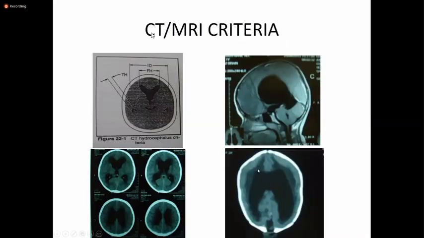If you see, these are the ventricles, dilated ventricles. Normally this periventricular lucency is not there. If this periventricular lucency is there, it shows that there is high pressure within the ventricular system and there is hydrocephalus occurring. So what will happen is that there will be transependymal absorption of the CSF, which will give you this periventricular lucency. Here you can also see a little bit of this periventricular lucency. This one, okay?